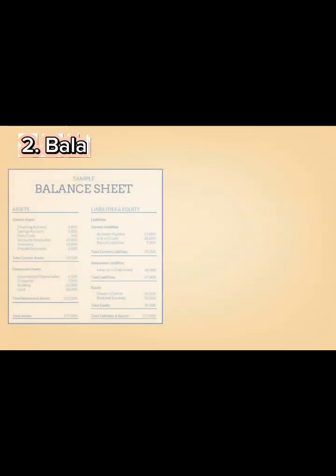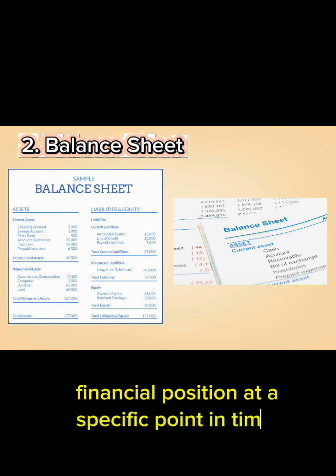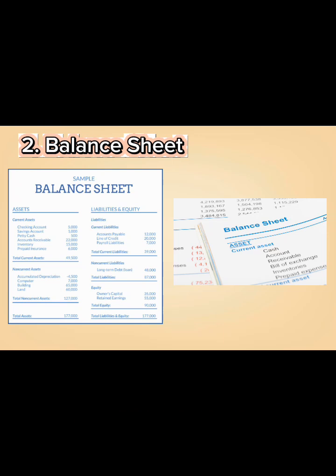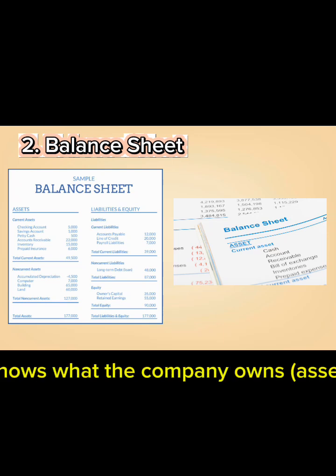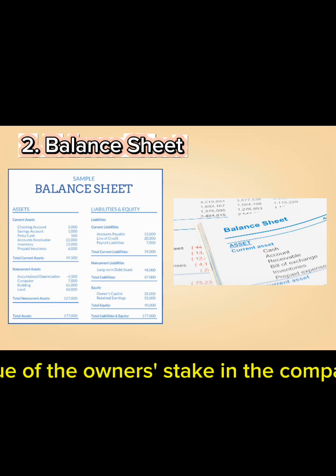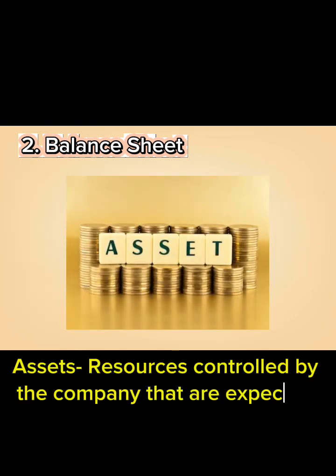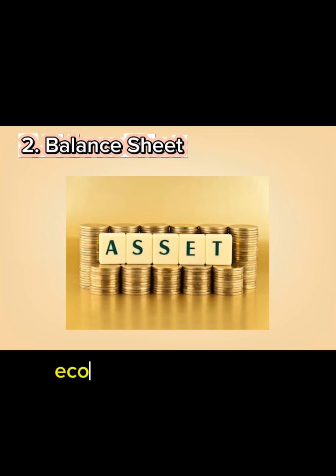2. Balance sheet. The balance sheet is a snapshot of a company's financial position at a specific point in time. It shows what the company owns, assets, what it owes, liabilities, and the value of the owner's stake in the company, equity. Key elements: assets, resources controlled by the company that are expected to provide future economic benefits, e.g., cash,